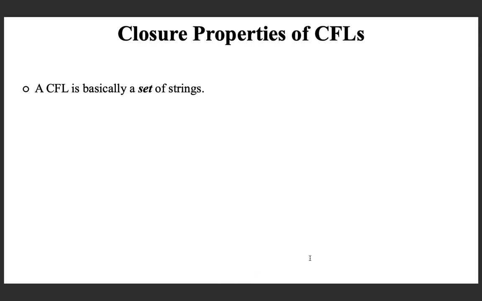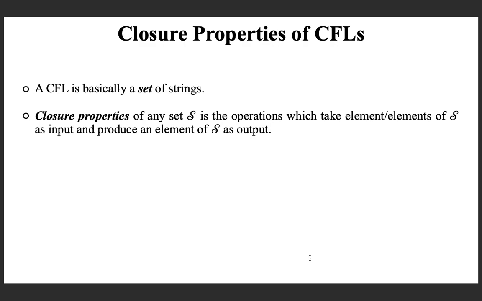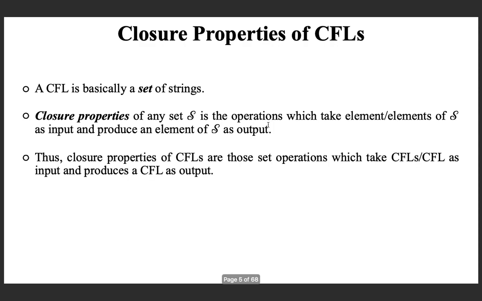A context free language is basically a set of strings. So it is a set. Closure properties of any set S are the operations which take element or elements of S and produce an element of the same set as output. Thus, closure properties of context free languages are those set operations which take context free languages or a context free language as input and produce a context free language as output. For example,